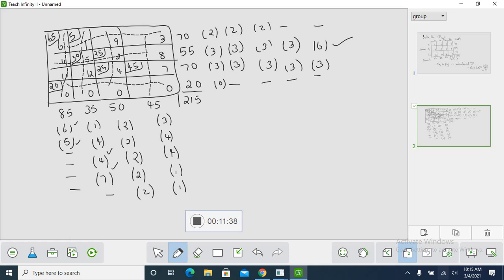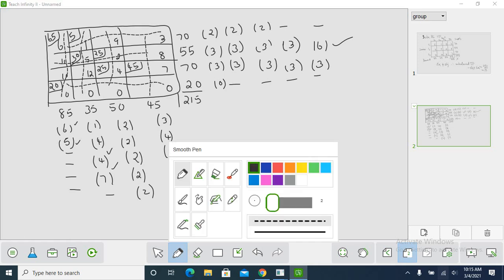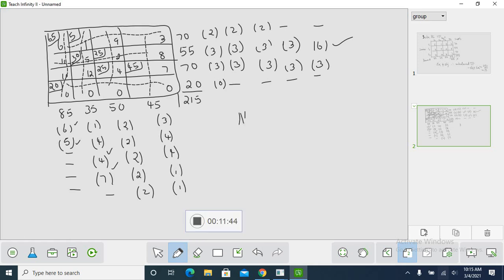Once we have got this allocation, look at the number of allocations. We need to check number of allocations. Number of allocations, what is the value? My number of allocations equal to how many allocations? First row 2, second row 2, third row is also 2, 6 plus 1, 7. And what is m plus n minus 1? Number of rows is 1, 2, 3, 4. 4 plus 4 is 8. 8 minus 1,